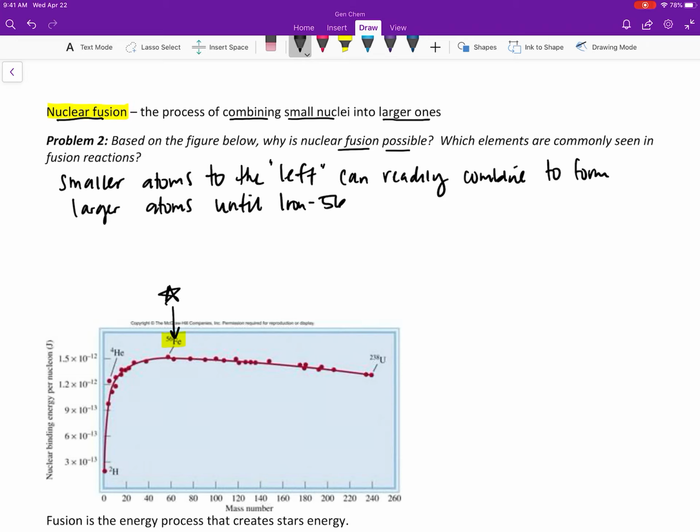So smaller atoms are best. Now, if we're looking at which ones are going to be the best, they're going to be the ones that are down here. And we really don't know exactly from this image which ones, but it's going to be the smallest elements. So hydrogen. Down here, that's deuterium, helium, and other small